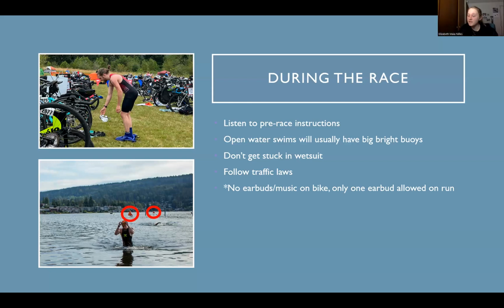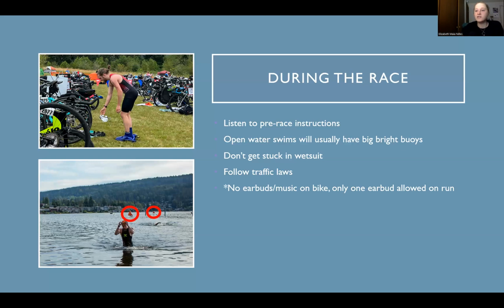For the bike traffic, when you're almost about to finish biking and you're going to re-enter the transition area for the run, there is a line, at least at most races I do, where you have to get off your bike by. There will be volunteers saying get off, slow down, and prepare to dismount. So listen to them, don't just breeze by. If they're telling you to slow down, you need to slow down so you don't crash over that line. There's a dismount line, so just be on the lookout for it.